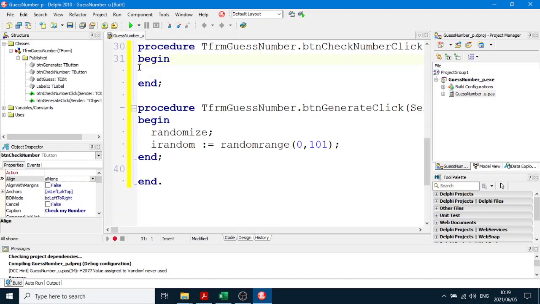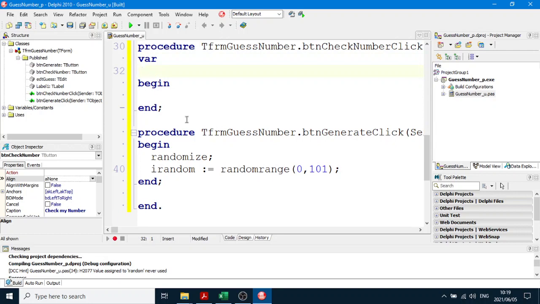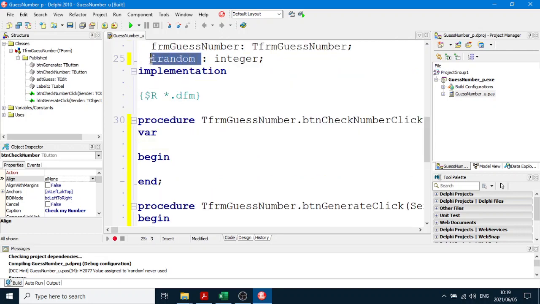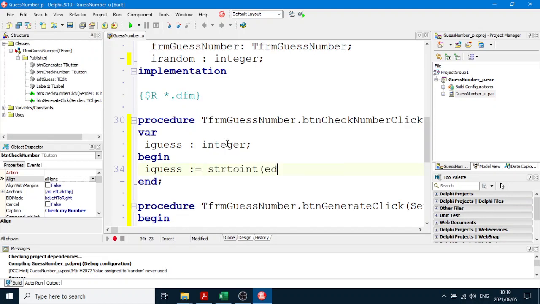We've got to go and put that into a string, but it's got to be a number, not a string, because we want to compare it with random. So we have to have num, or let's call it guess. Now if we go and say guess equals string to int, remember, because the edit box is a string and we have to convert it to an integer,